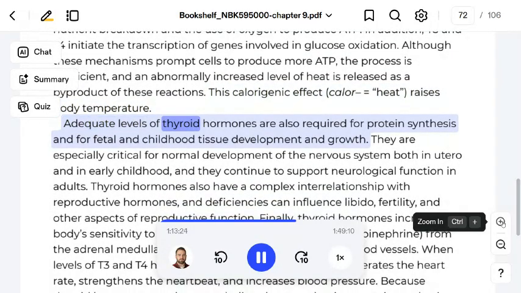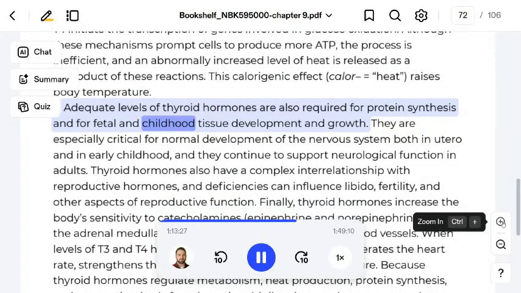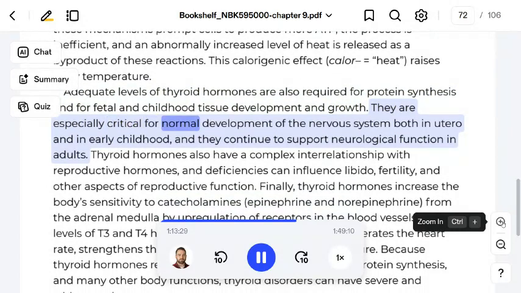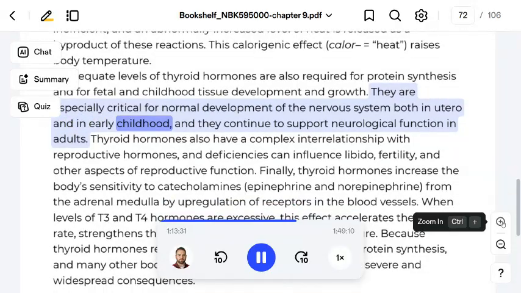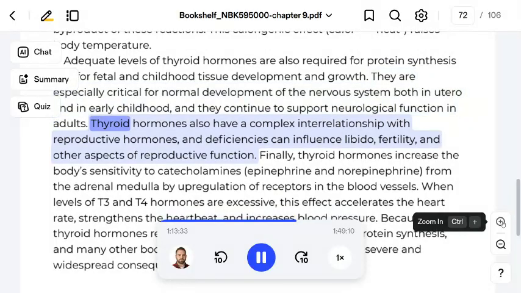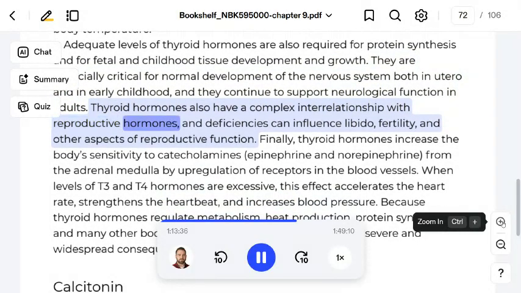Adequate levels of thyroid hormones are also required for protein synthesis and for fetal and childhood tissue development and growth. They are especially critical for normal development of the nervous system both in utero and in early childhood, and they continue to support neurological function in adults. Thyroid hormones also have a complex interrelationship with reproductive hormones, and deficiencies can influence libido, fertility, and other aspects of